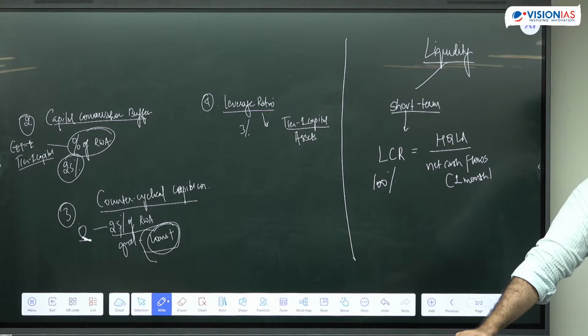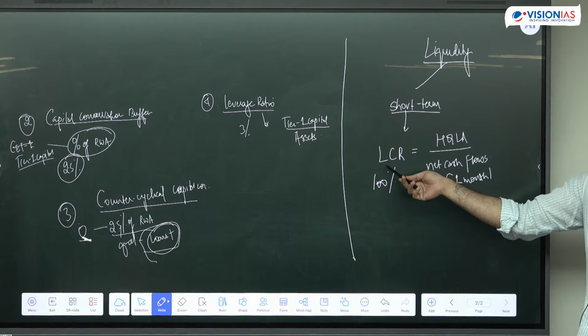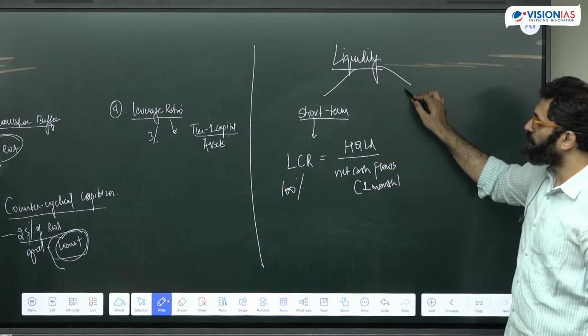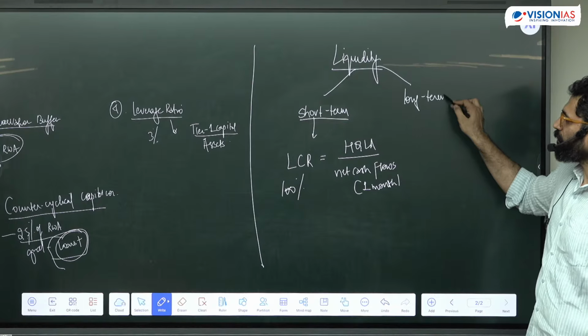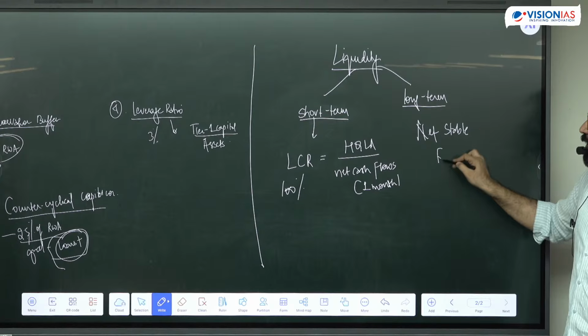This is why the banks were complaining. SLR maintain करें, CAR maintain करें, और अब LCR भी maintain करें कि cash flows के ऊपर हमें lock करना है पैसा. But the RBI wants it so that they have enough liquidity. Another liquidity which they want them to maintain is for long term, which is called the net stable funding